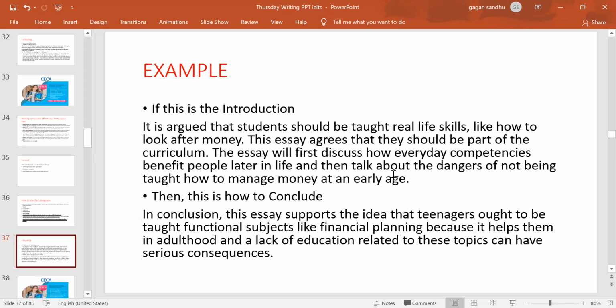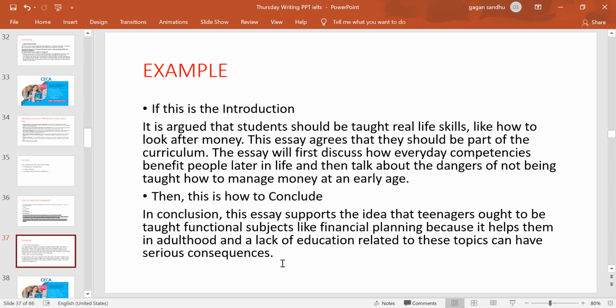This is here, that's what I discussed. So I'm writing because it helps them in adulthood. First thing, first paragraph covered. And lack of education related to these topics can have serious consequences. So second paragraph covered. So the first paragraph is talking about how this is benefiting people later in life, covered